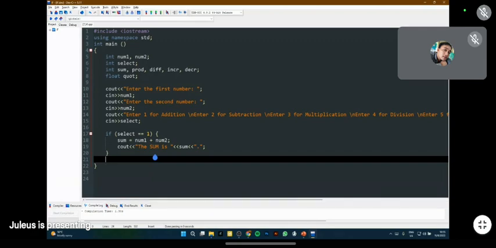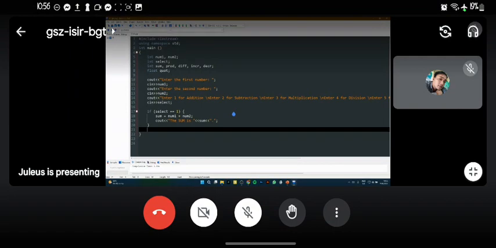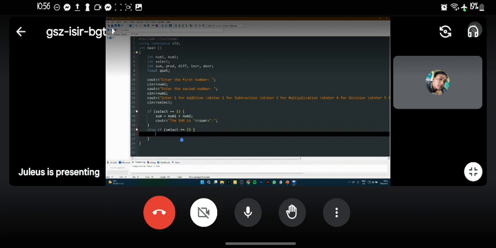All right, next. What if the user entered 2? Therefore, we'll be using subtraction. So we'll use else if select, again, 2 equal signs means the values are the same. Both of them.